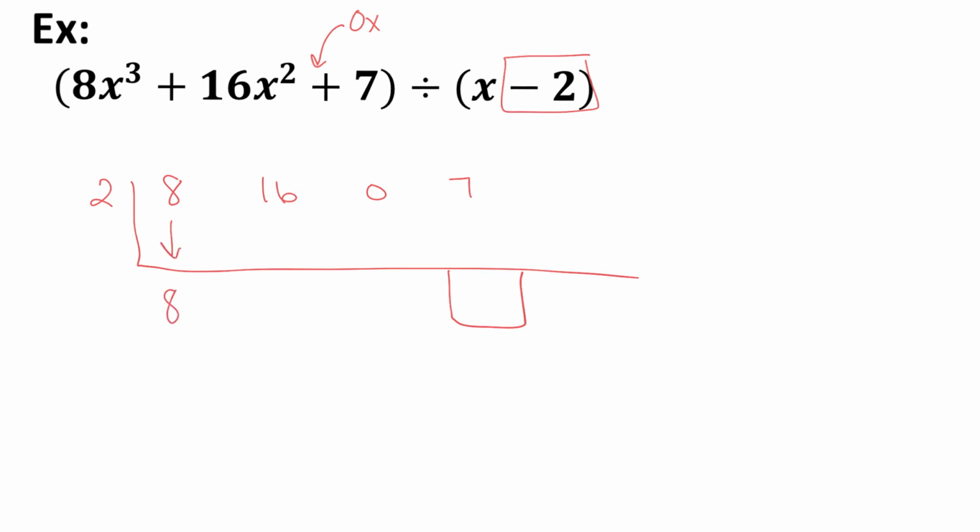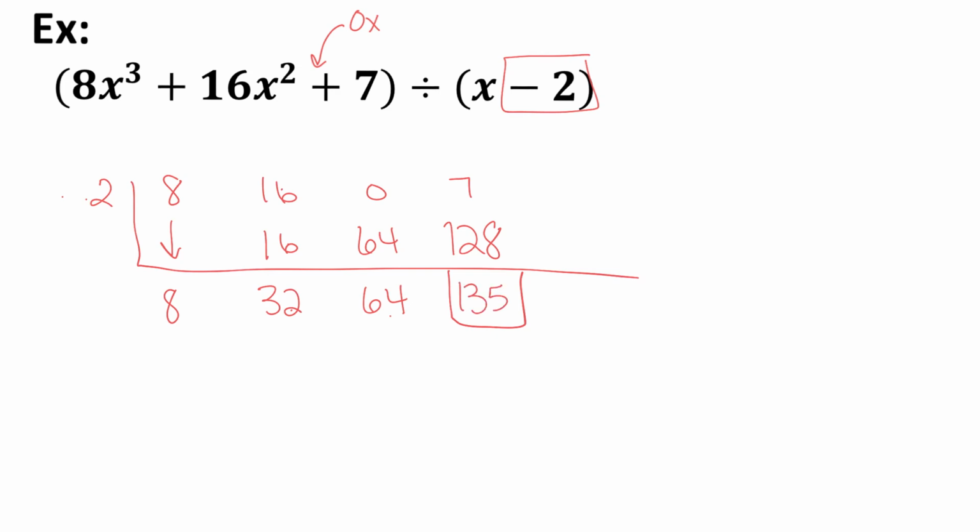So 2 times 8 is 16. 16 plus 16 is 32. 32 times 2 is 64. 64 plus 0 is 64. 64 times 2 is 128, and 128 plus 7 is